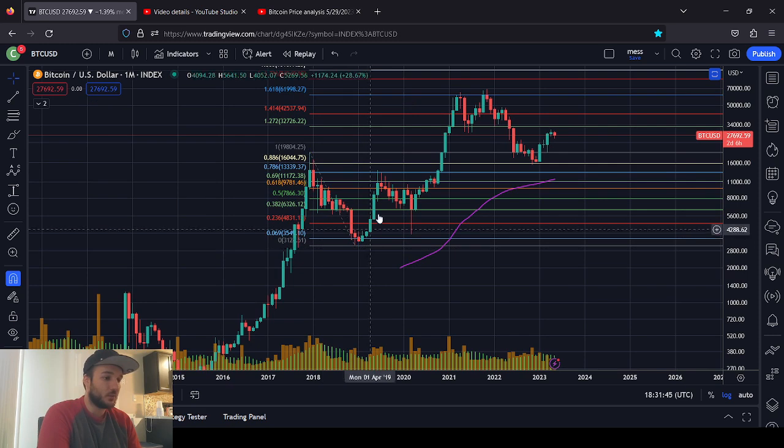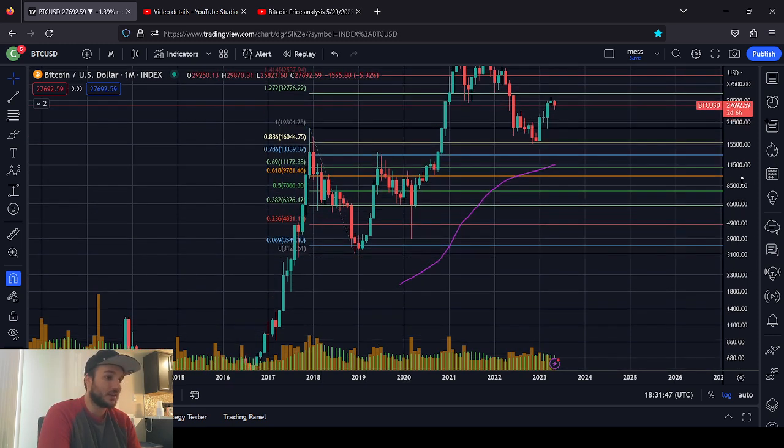But here you can see it went all the way up to the 786. I would call that a 786 rejection perfectly, even though, yes, it had a little nipple just above that line, just a little one. I would still call that a perfect rejection. You got a double top here, came lower, and yes, you did wick down here, but if we're really looking at what price did, this was during the COVID,